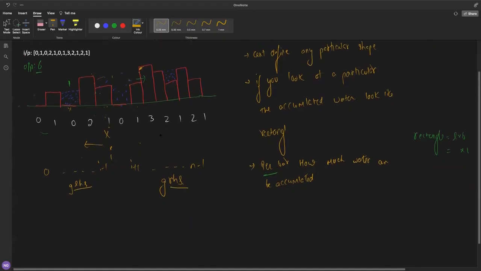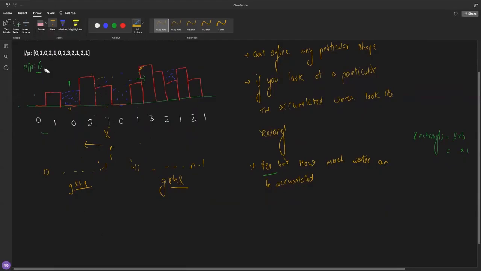If you do the same thing for every element, then it will not be a good approach, because you will be finding the maximum every time. If you remember the last class discussion, where we were trying to find the maximum element on the right hand side, we did the same thing. We calculated the maximum element for every current element. That was not a good approach. So what we can do is use the same approach as in the last class.